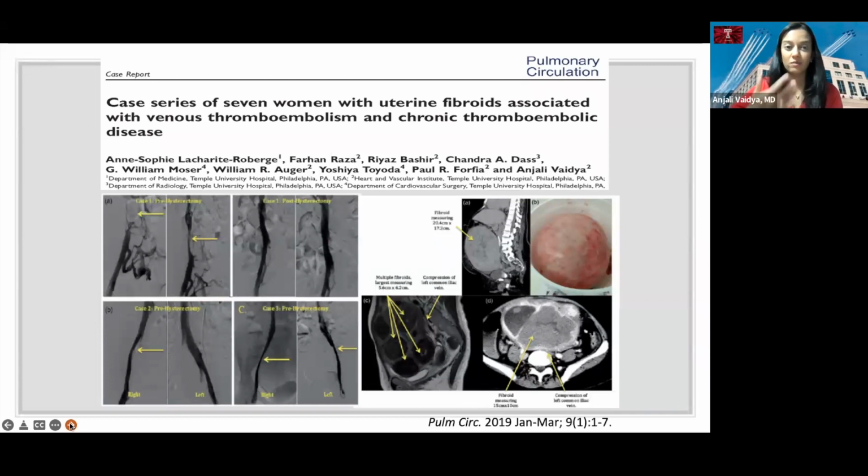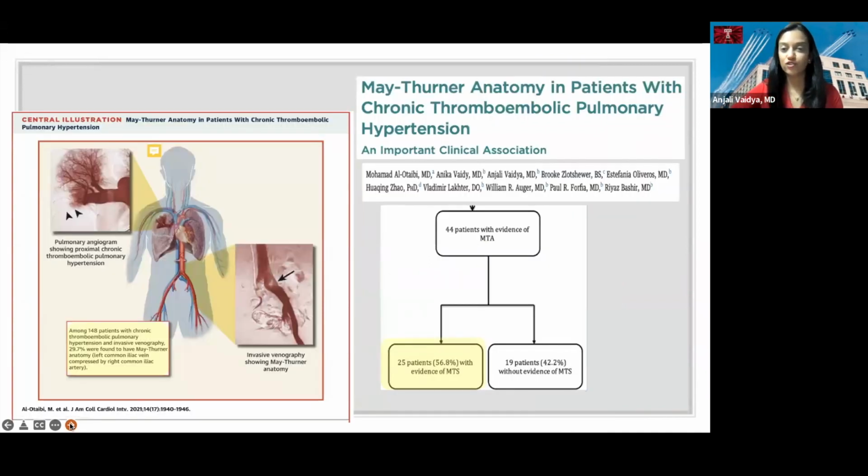And we think about women having them and how it can cause bleeding or discomfort, but it's really important to just know in the back of our minds that it might also put women at risk for developing blood clots in their legs that travel to the lungs. And then finally, this is just another category of mechanical risk of blood vessels. This is a paper we published last year looking at something called May-Thurner anatomy, which is a congenital variant that a lot of people have.